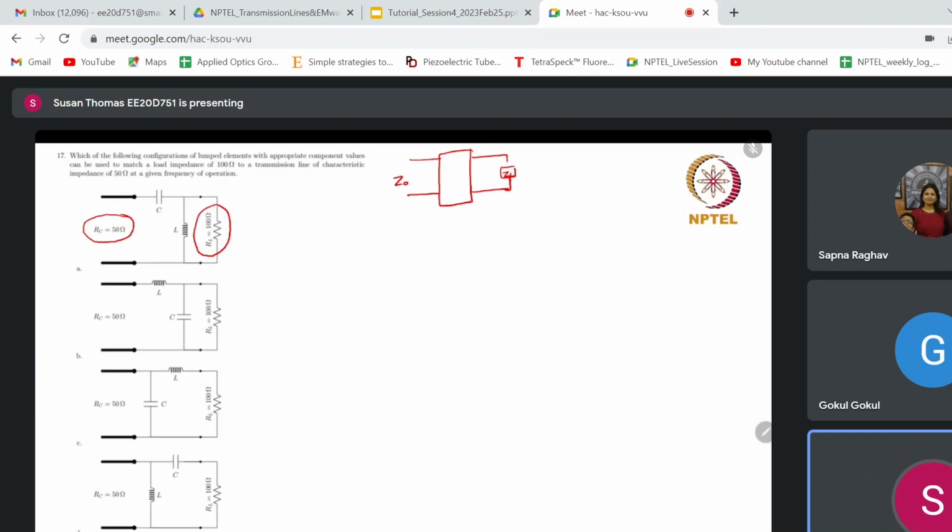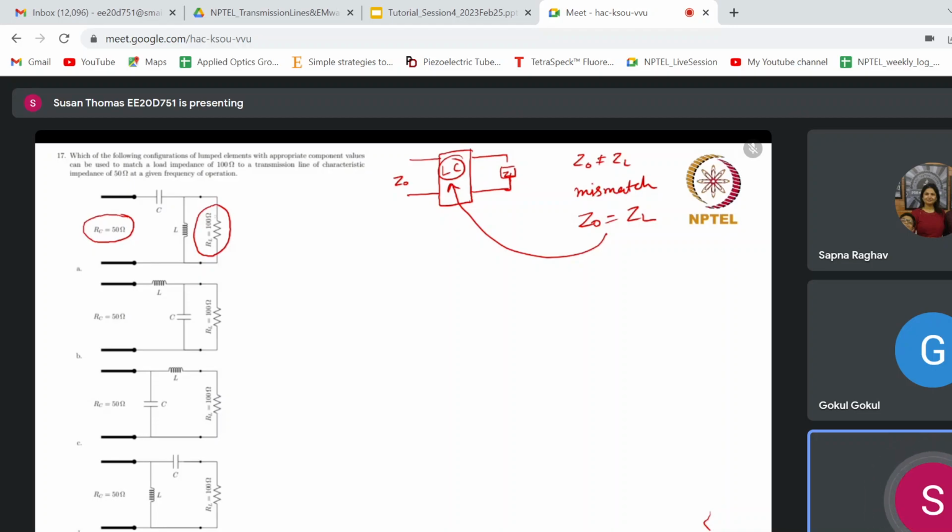ZL and Z0, if Z0 is not equal to ZL, we say there is a mismatch. So this can be made equal with the help of a matching network, which can be an LC matching network. That means with the help of an inductor and capacitor. So it could be configured in any way, L in parallel, C in series, or however you want. Now we need to understand how we want to connect the inductor and the capacitor.